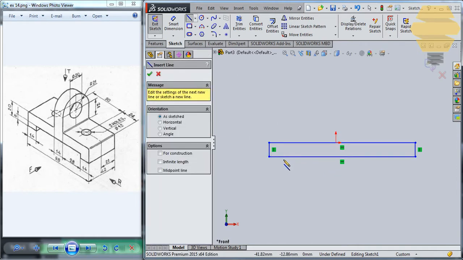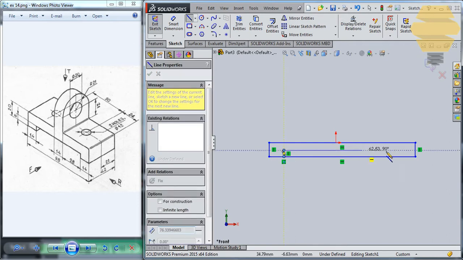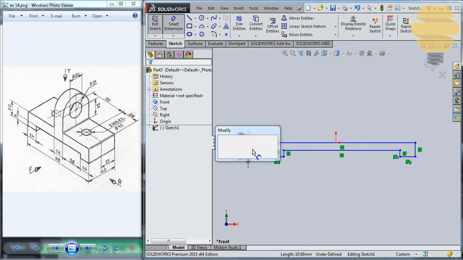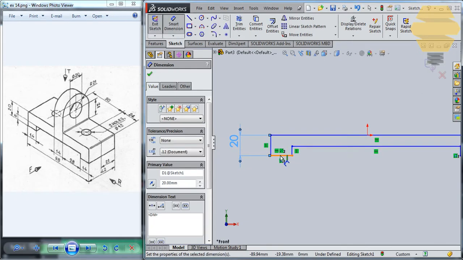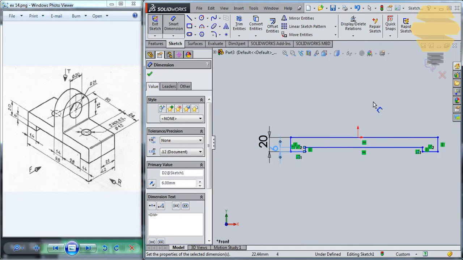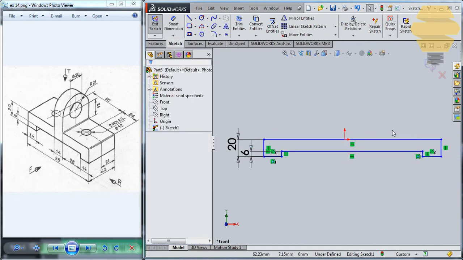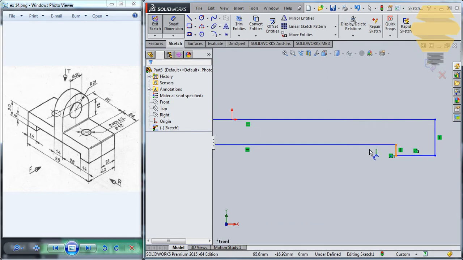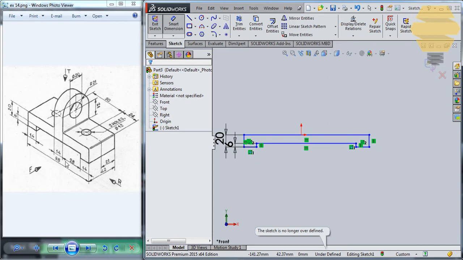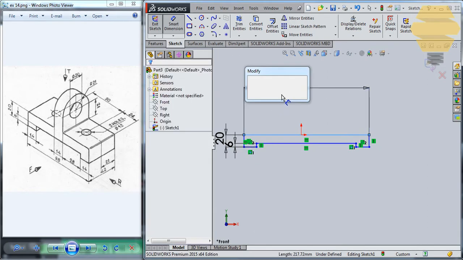Use a trim command and trim this portion off. Use a smart dimension, give dimension 20, give dimension 6, similarly dimension 20, dimension 6, right. So now also the overall length is 98